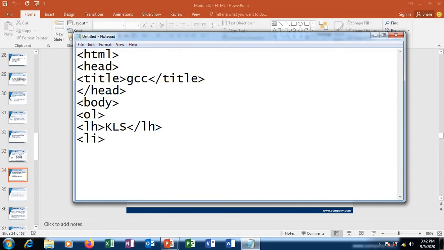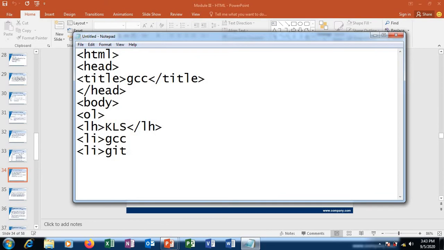Okay, let us list out the institutions we have under KLS. We'll have a sample data, an example of a list of institutions available under this society called Karnatak Law Society. The first one we have is GCC, and the next one we have is GIT.